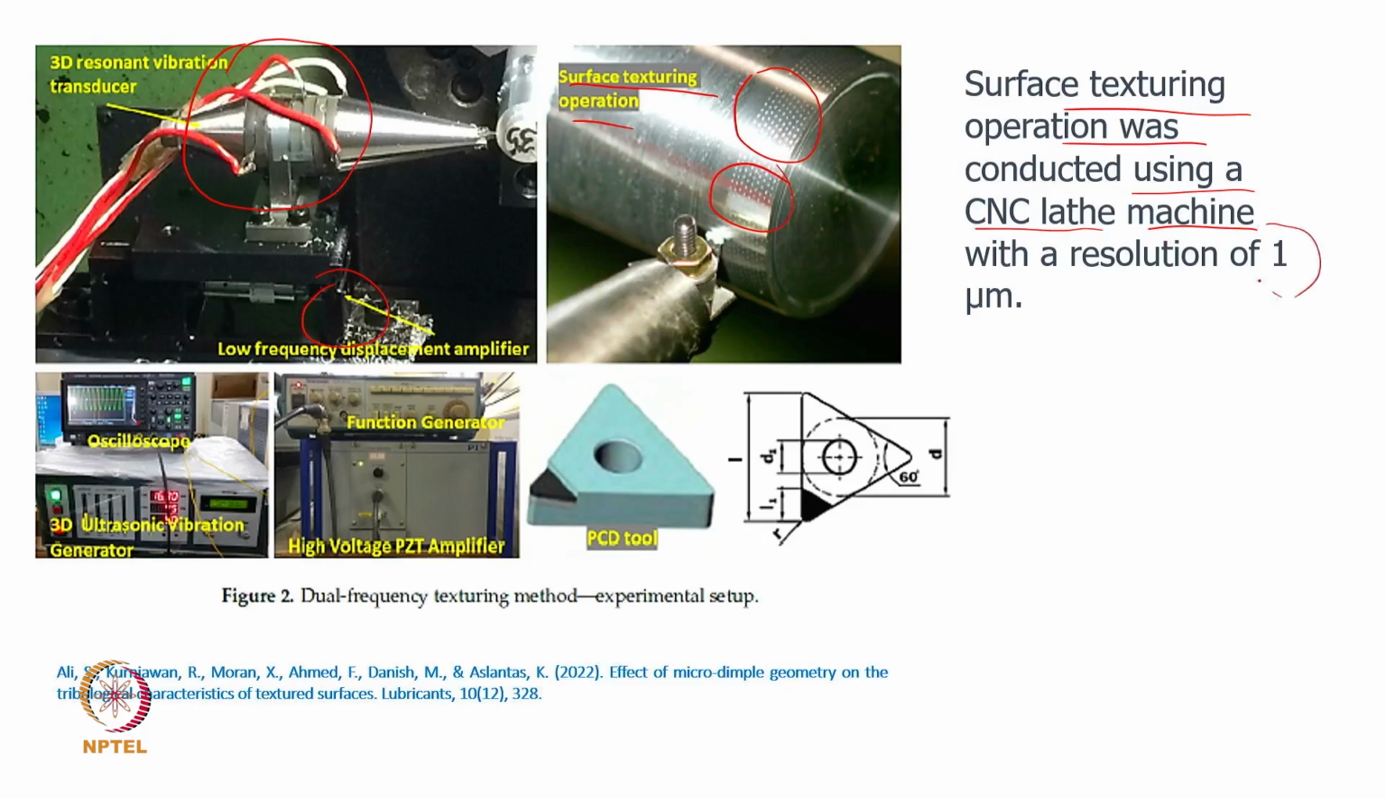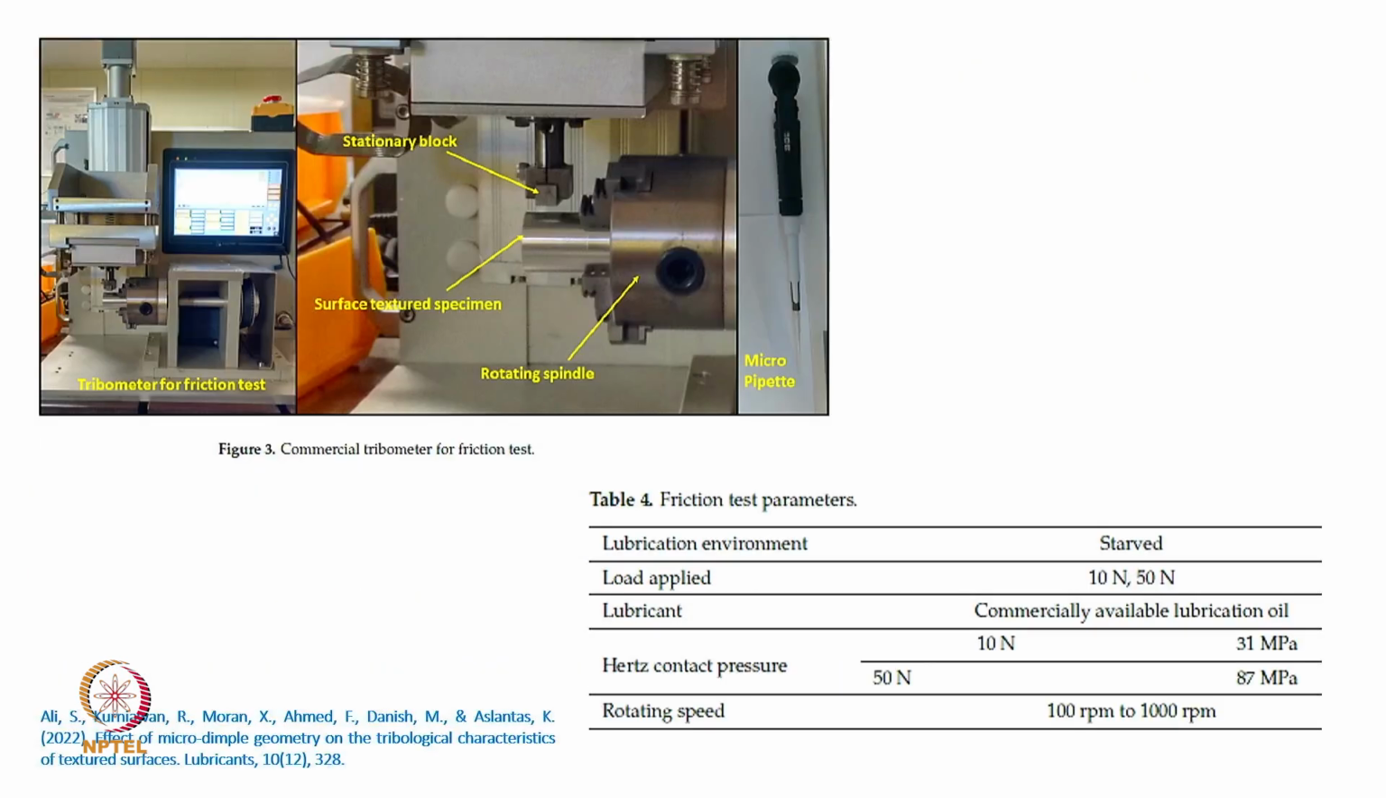Of course, they had a very good CNC machine which has a resolution of 1 micron, because when we are going for texturing you really require a good tool having a good resolution. This is a tribometer test they are showing. In this case there is a stationary block and a rotating cylinder. So, the pin can be held in this block,